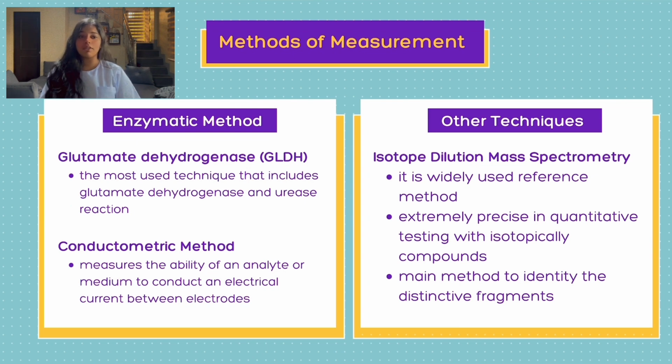Second, we have the conductivity method, which is also an enzymatic method, wherein it measures the ability of an analyte or medium to conduct an electrical current between electrodes or reference nodes. Among other techniques, we have isotope dilution mass spectrometry, a widely used reference method recognized for being extremely precise